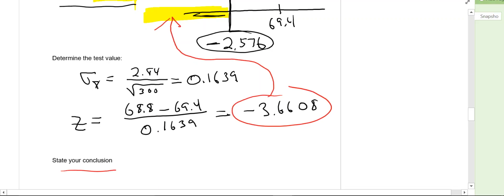So again, this particular number in relationship to our rejection region falls in the rejection region. So our conclusion is we reject the null hypothesis. The suggestion is based upon the sample and our level of significance. Those two things come into play here. We're going to reject the hypothesis that there is no difference between the heights of older men and younger men. So we reject the null hypothesis, and we have the possibility